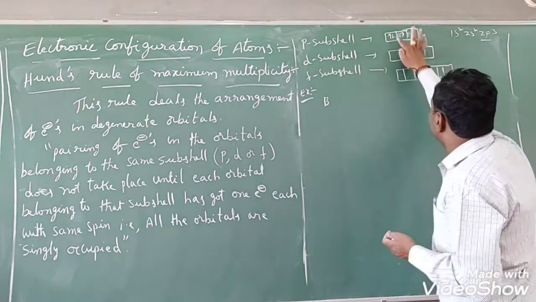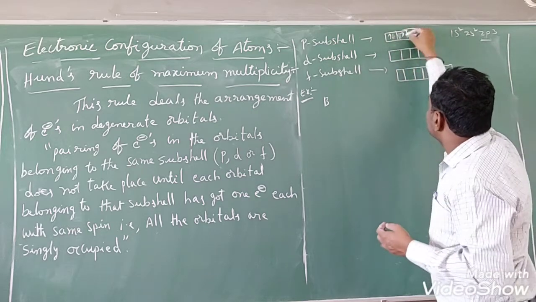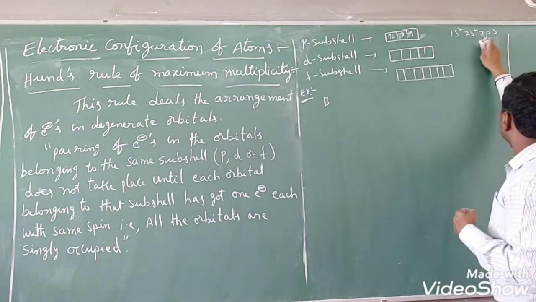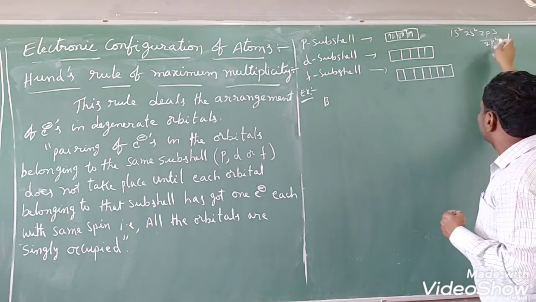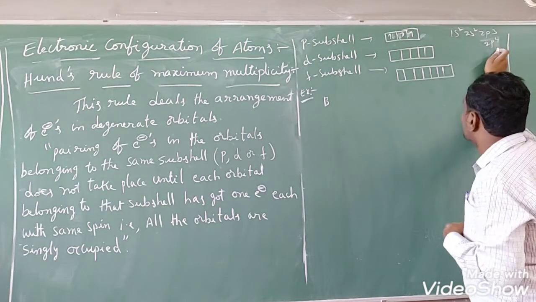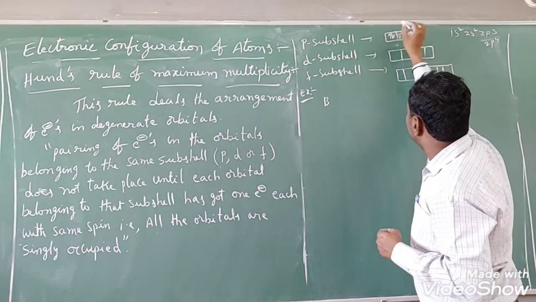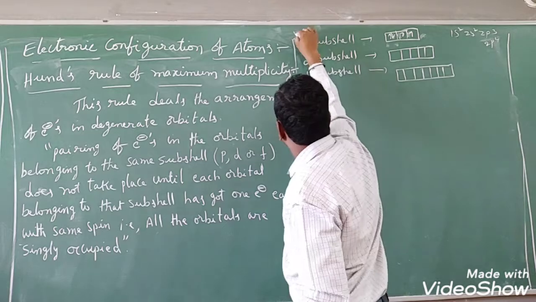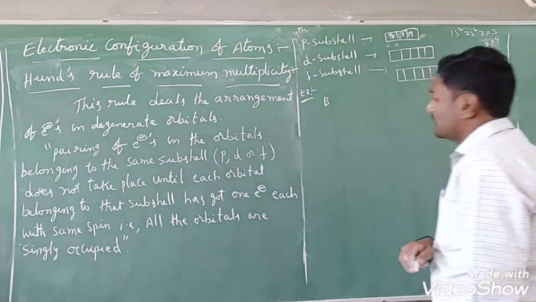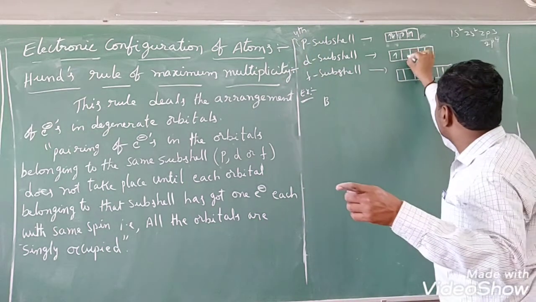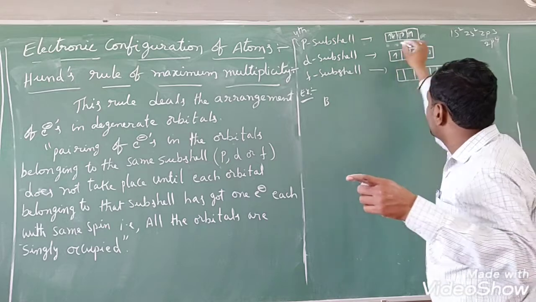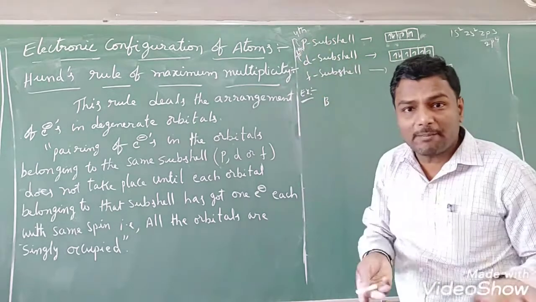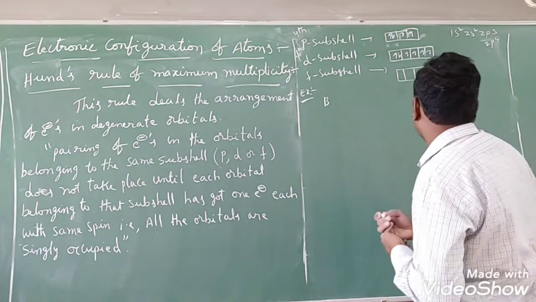That means first you should enter 1 electron like this, 1 electron each. Suppose the next electron will enter into 2p, right? Until 6 electrons, 2p4. So in 2p4, the 4th electron will enter. Now pairing is taking place. In the case of the p subshell, which electron's pairing is taking place? The 4th electron's pairing. In the d subshell, first we should enter 1 electron in each orbital. Only with the 6th electron does pairing take place. In the case of the d subshell, which electron's pairing is taking place? The 6th electron's pairing, right?